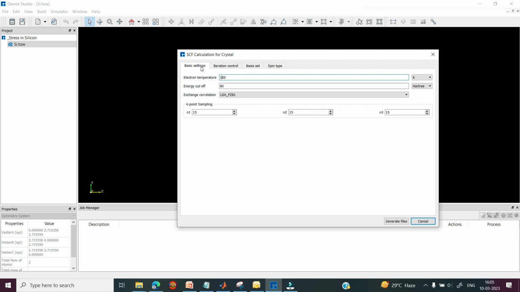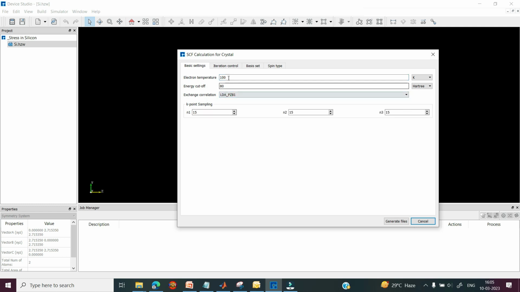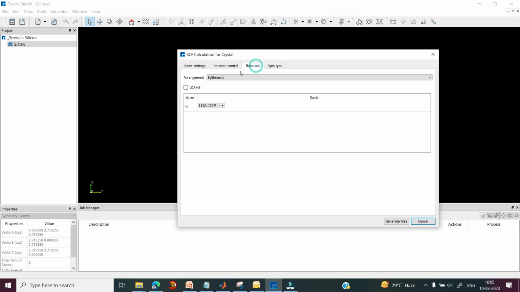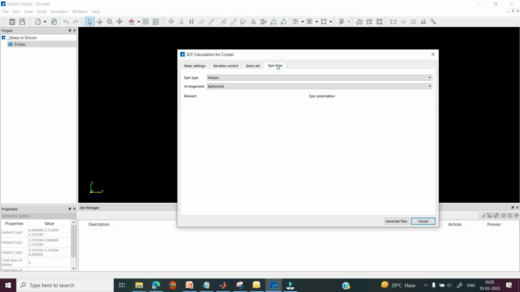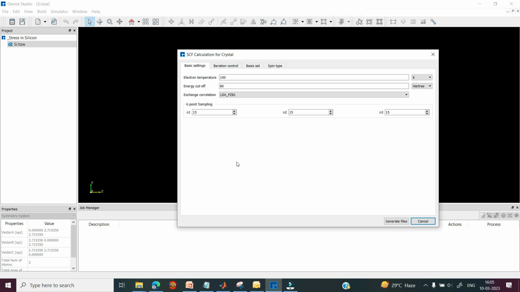Here you can see the basic settings: electron temperature, cutoff energy, exchange correlation (LDA, GGA), K-point sampling, iteration control, density matrix, Hamiltonian matrix, total energy, arrangement by element or by atoms, Hubbard terms, and spintronics application. Suppose you want to include collinear spin or general spin. As per your need you can define the parameters, and then click on Generate File.